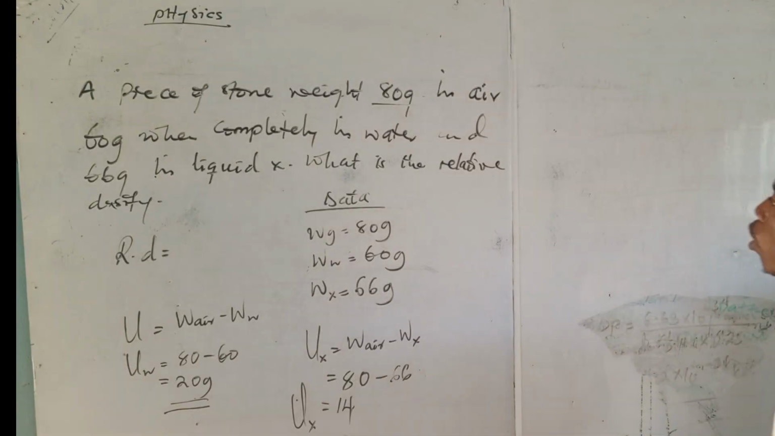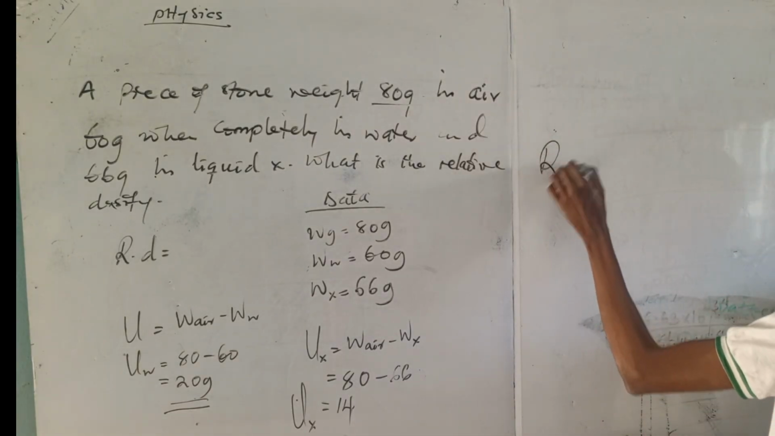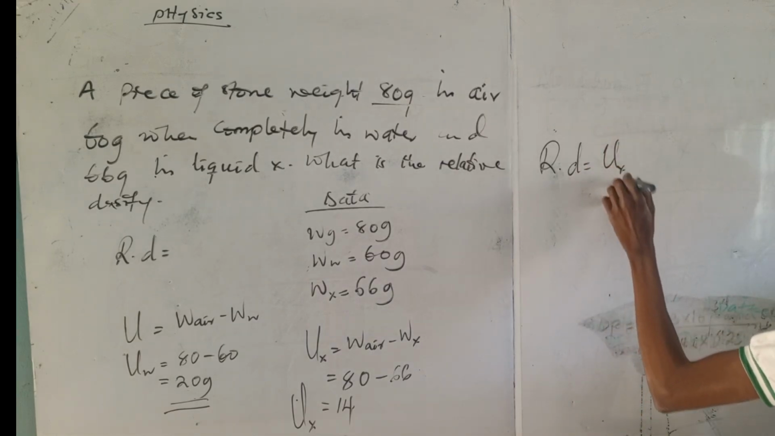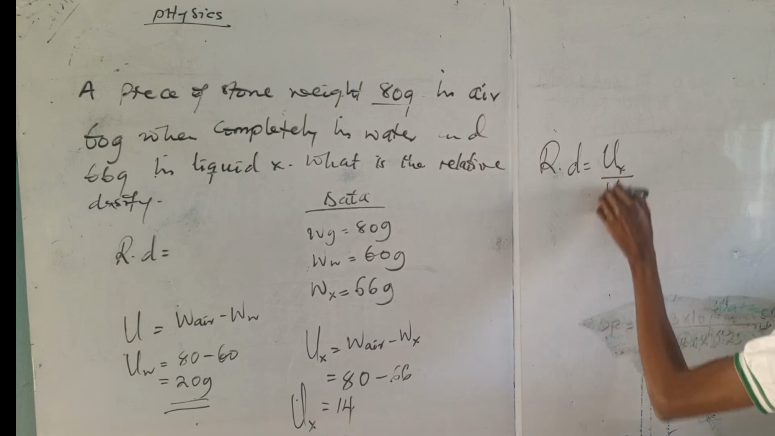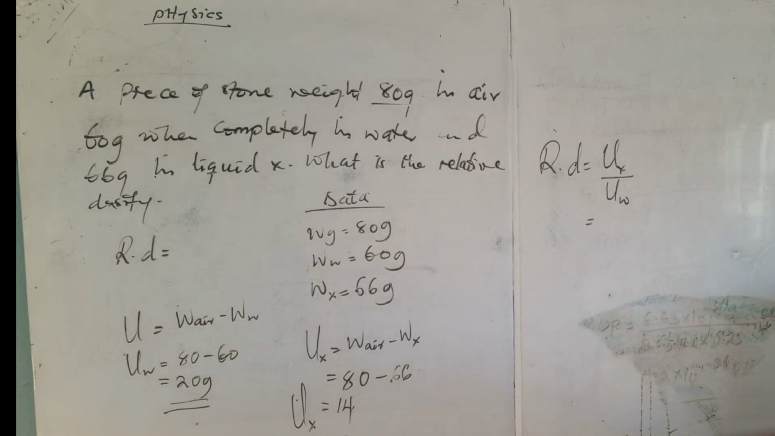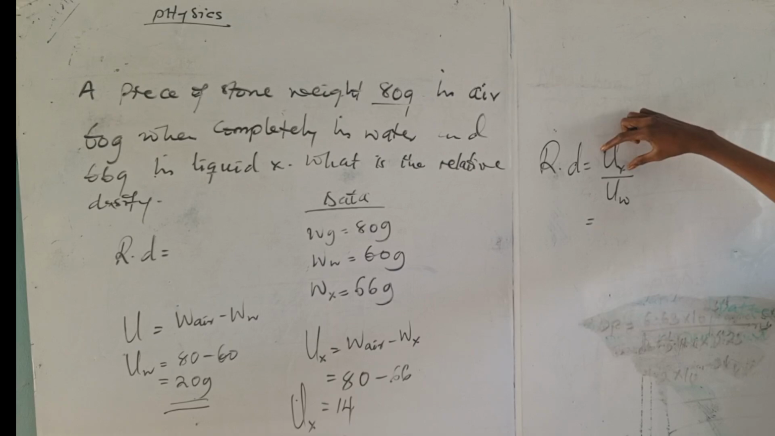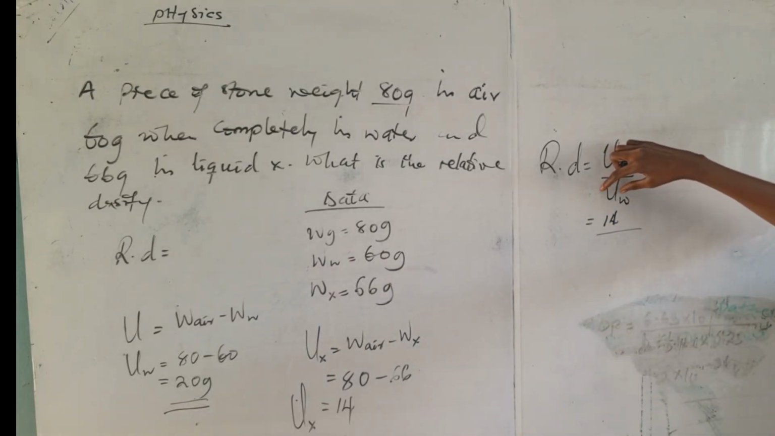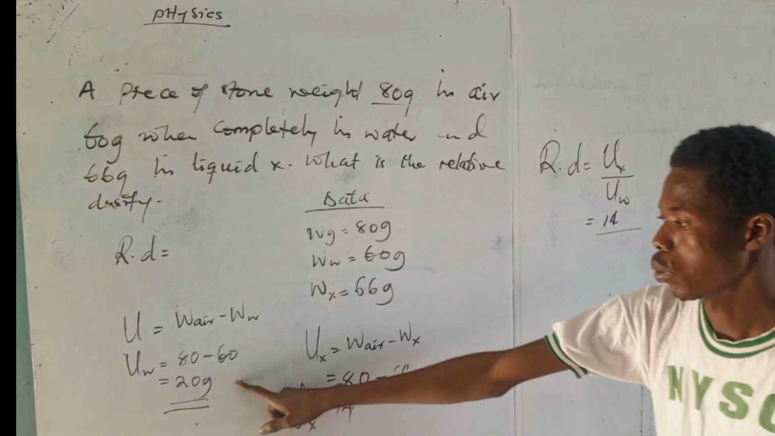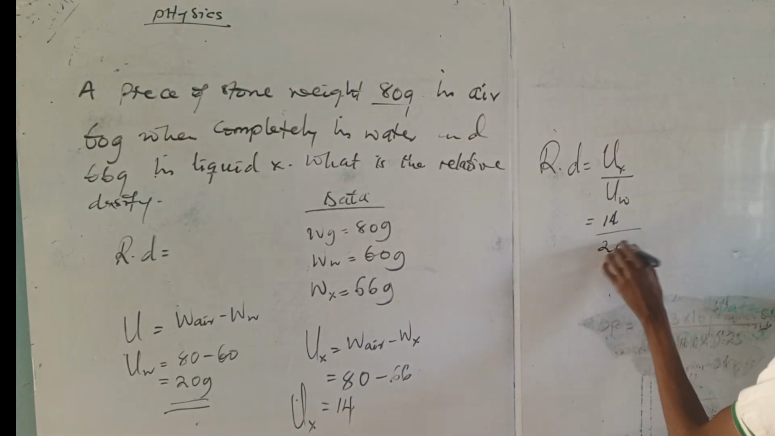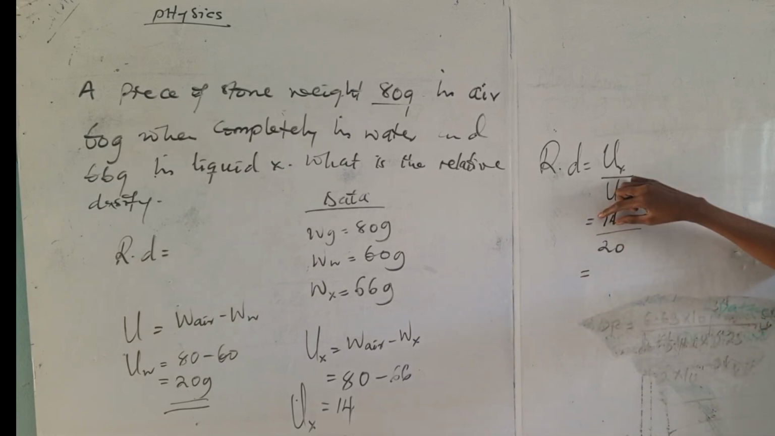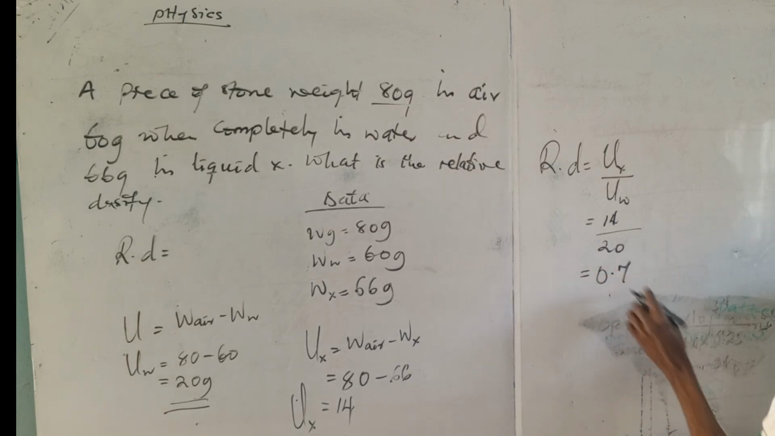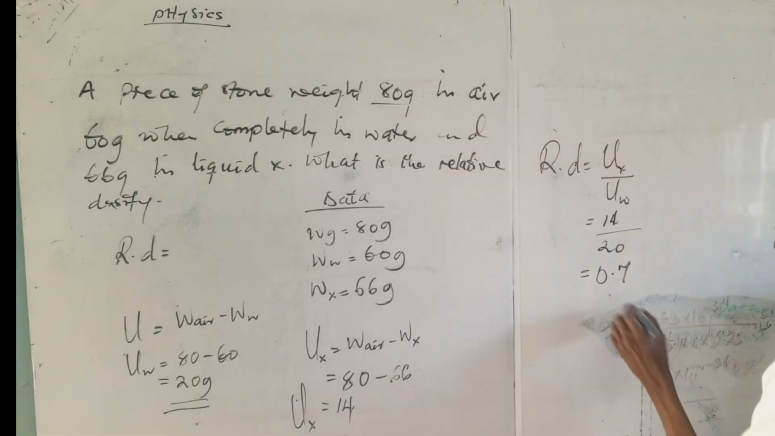So we can write the formula of relative density as relative density equals upthrust in liquid X divided by upthrust in water, which we have the value of upthrust in liquid X as 14 divided by the value of upthrust in water as 20 grams. So now if we divide 14 by 20, we will have 0.7. Remember, relative density has no unit, so we will have